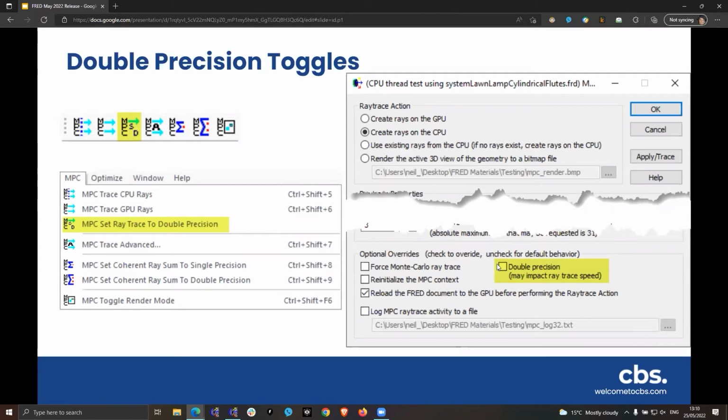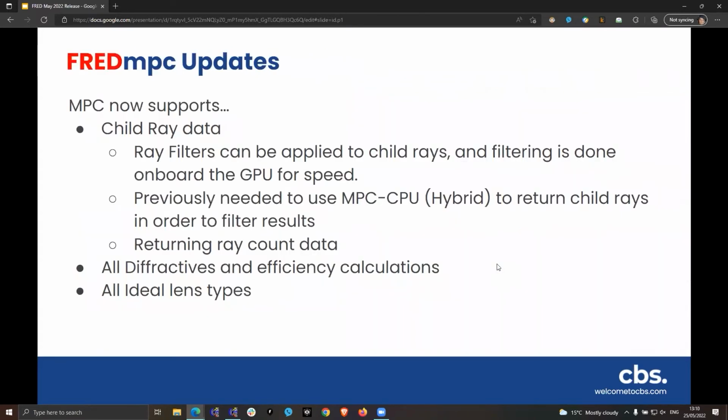In MPC, there's also some additional things though. One of the other really nice things that's been added is that the actual ray trace that's done on the GPU can now access the child ray data, so rays that split and scatter and do all these wonderful things. And we can apply ray filters to those child rays and filter rays directly on the graphics card as the calculation is done. So again, if I just go back to Fred here and back to my lawn lamp,